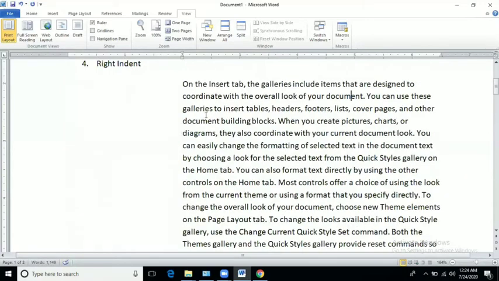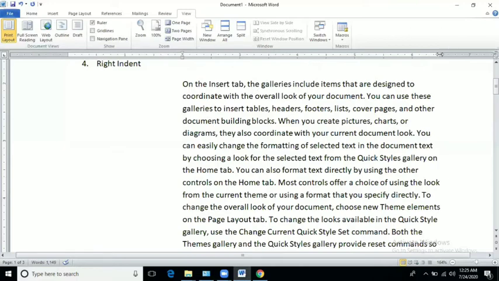Here it is called left indent. In the first line indent, only the first line will move. In the hanging indent, except the first line, other lines of the paragraph will move. In the left indent, the whole first line and also the other lines move.